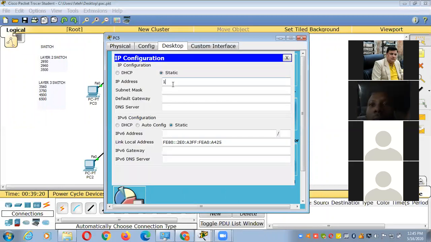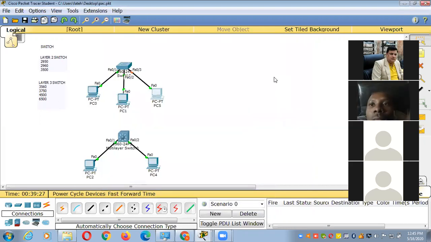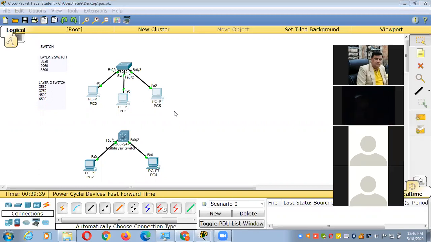In this PC, I'm going to assign 192.168.0.3. So now I have 3 computers here, and each of the 3 computers has a different IP address, but all the IP addresses belong to the 192.168.0.0 network.